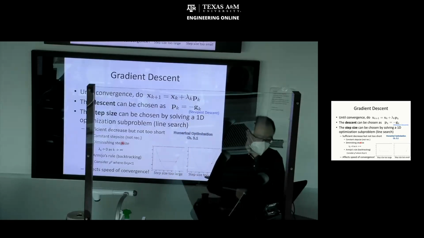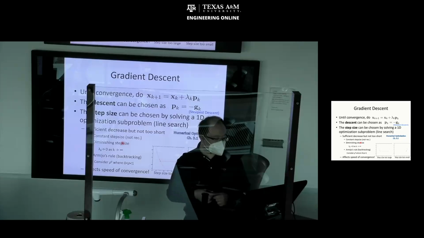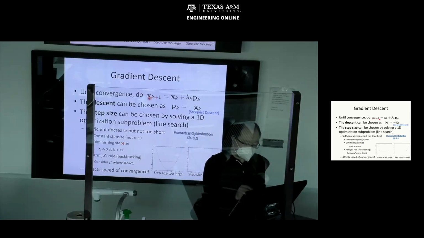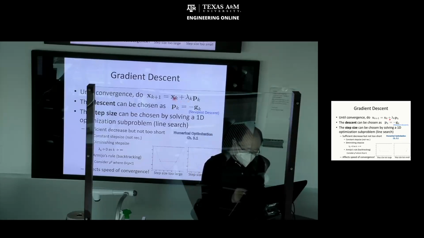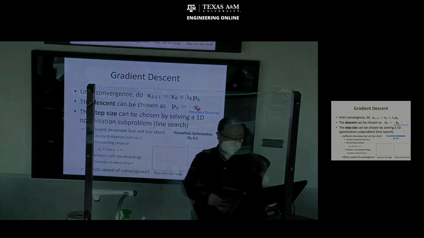I'm gonna stop here and continue next time. In the simplest gradient algorithm, what you're doing is that every time the next sample is always the present sample plus a constant times the steepest descent, p sub k. In other words, at current x sub k, you calculate the steepest descent, which is minus g sub k, where g is a gradient. Because the gradient is the